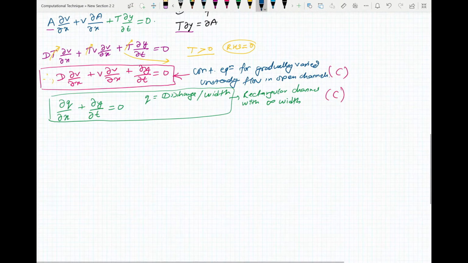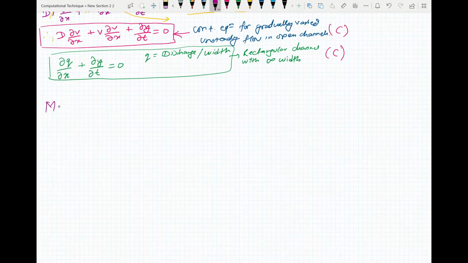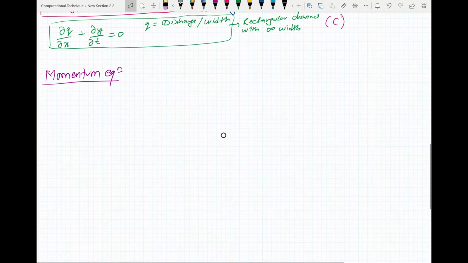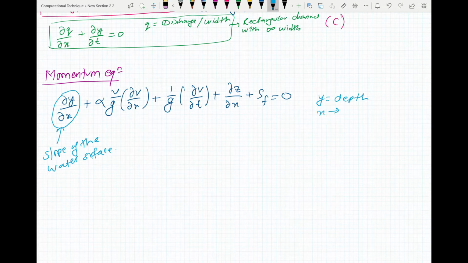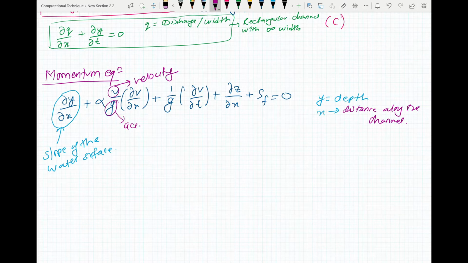Now if you look into our second type of equation, which is the momentum equation, in this case, for the gradually varied unsteady flow in the open channel, your momentum equation is given by, where dy by dx is the slope of the water surface, y is the depth, x is the section along the channel, v is the velocity of the flow, g is acceleration due to gravity,